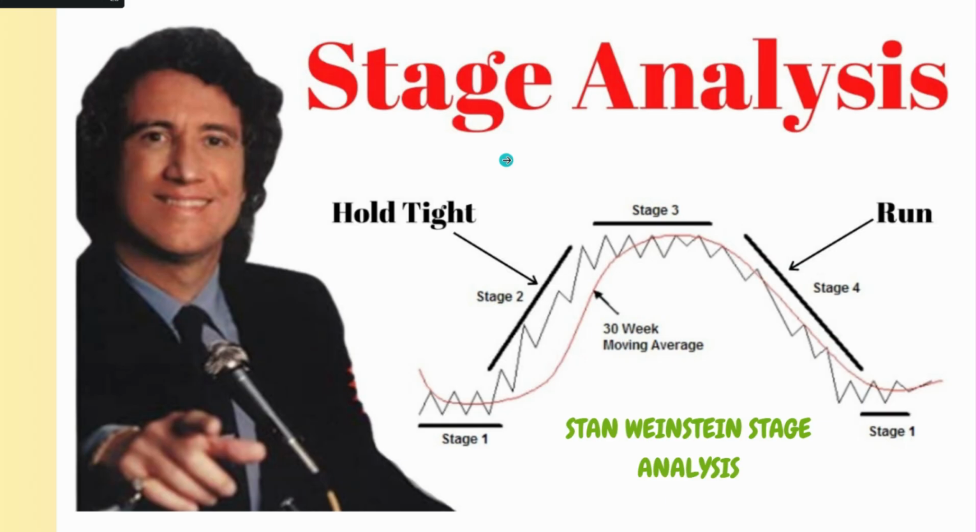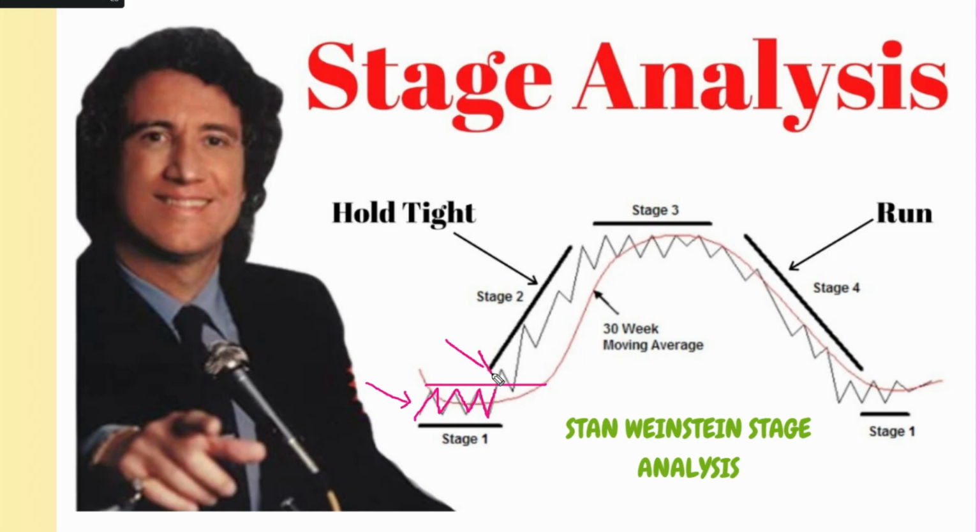So first we will look briefly at this famous stage analysis given by Stan Weinstein. Usually every stock undergoes 4 stages: stage 1, 2, 3 and 4. Stage 1 is called the accumulation phase. In this stage, the stock trades in a range for a longer period of time. This is the phase where bigger institutions usually quietly accumulate their stocks because they get stocks at a considerable bargain. After staying in this stage 1 for a period of time, the stock